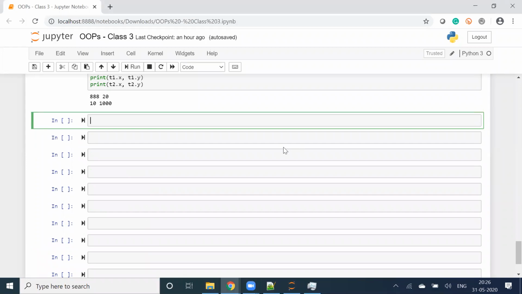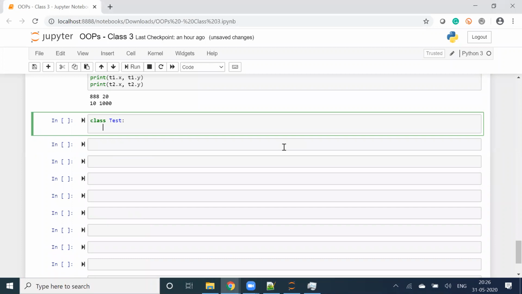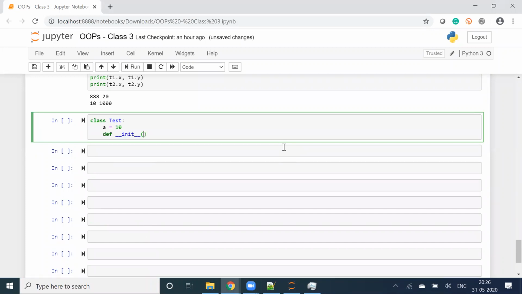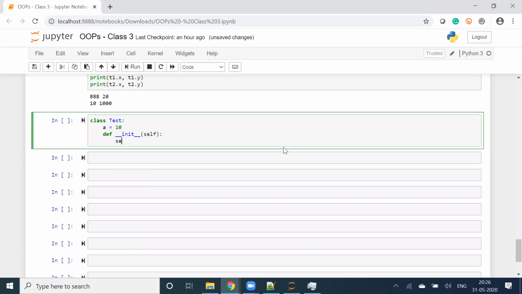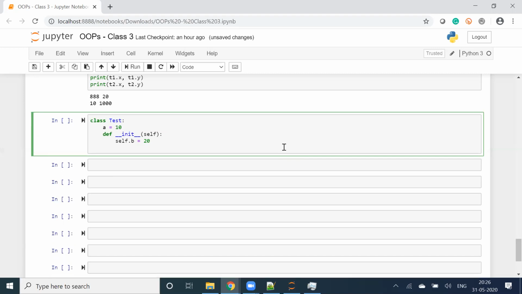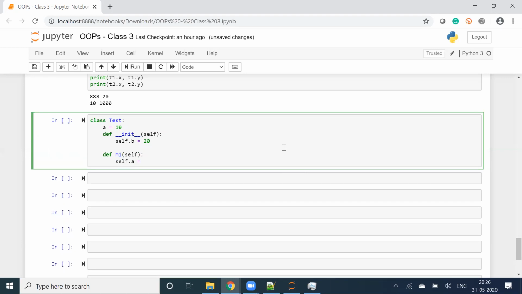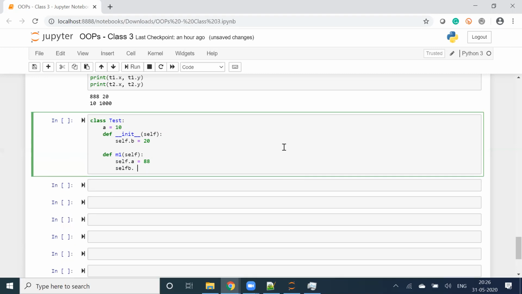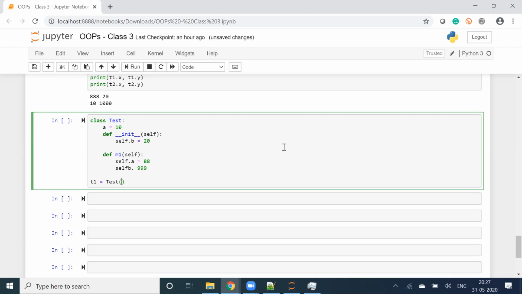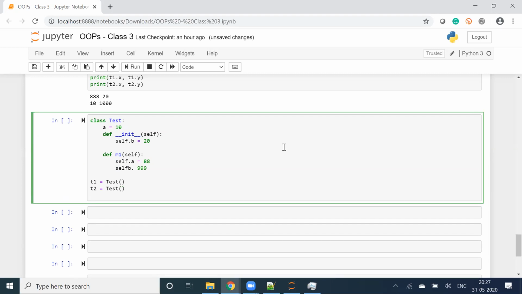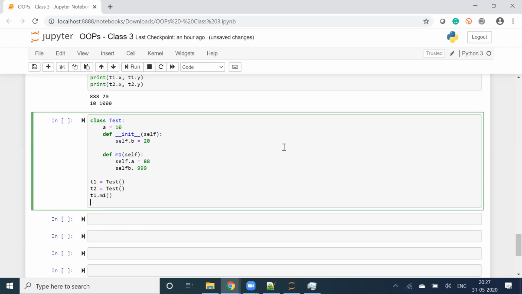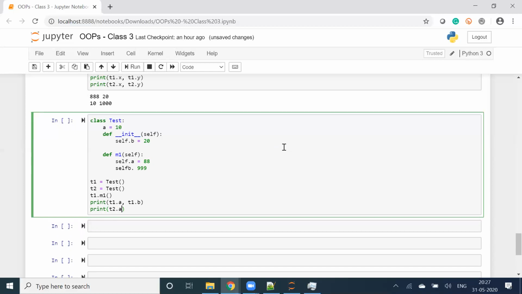Okay, let's do one thing. One more interesting example. Class test, A is equal to 10, def init, self dot b is equal to 20, def m1, self dot a is equal to 888, self dot b is equal to 999. t1 test, t2 test, t1 dot m1, print t1 dot a comma t1 dot b, print t2 dot a comma t2 dot b.